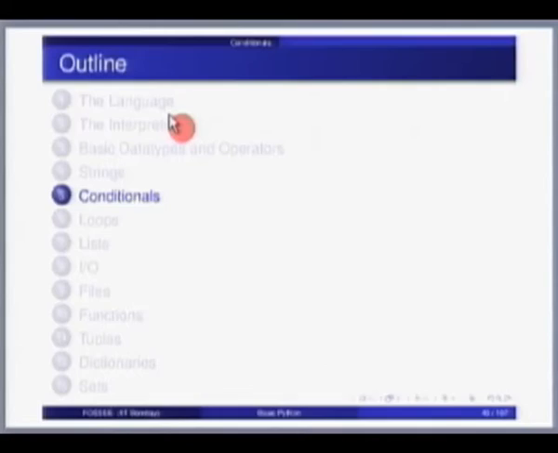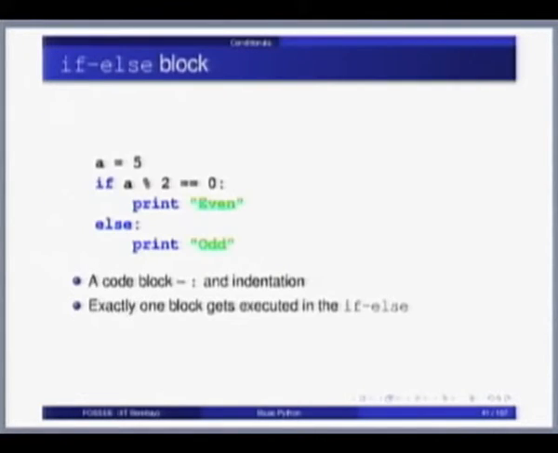Let us look at conditionals next. So what I will do is we will finish conditionals and loops before we get to lists. Lists we will do in the afternoon. So let us look at conditionals. Now Python is a fairly simple language in terms of conditionals. There are not too many conditionals. Typically you will use the if, else if, else blocks, which we will look at now.